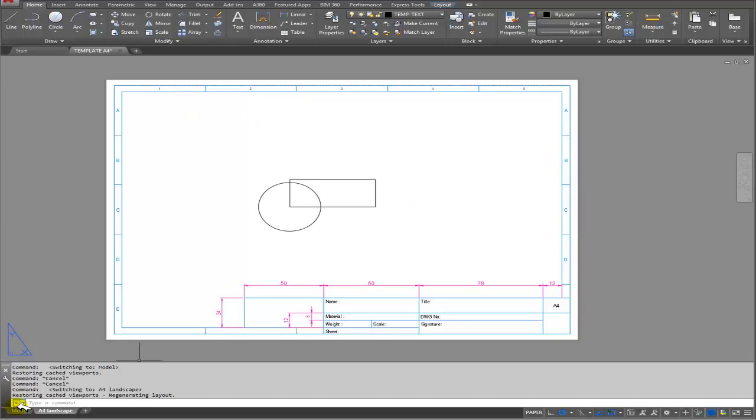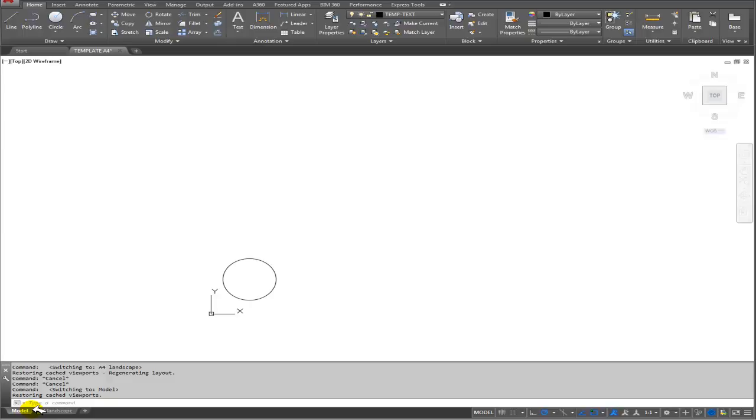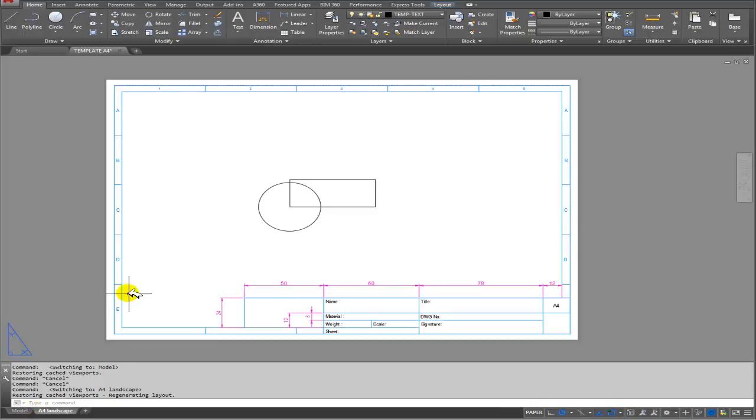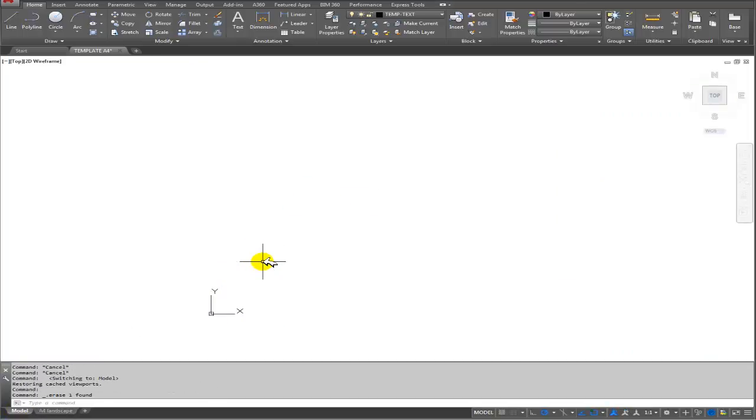What I'm going to do is show you how I could create this in model space and transfer it into paper space using something called Change Space. Autodesk introduced this tool a few years ago, a brilliant tool. Okay, so I'm going to delete this and this and start a new